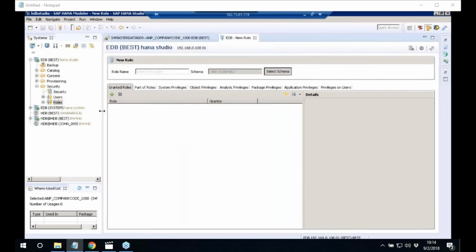So once you click on the new role, here we can see system privilege, object privilege, analytic privilege, package privilege, and so on. Now, what package would I like to restrict to? This is the package S4 master data 009. So click on this plus icon,